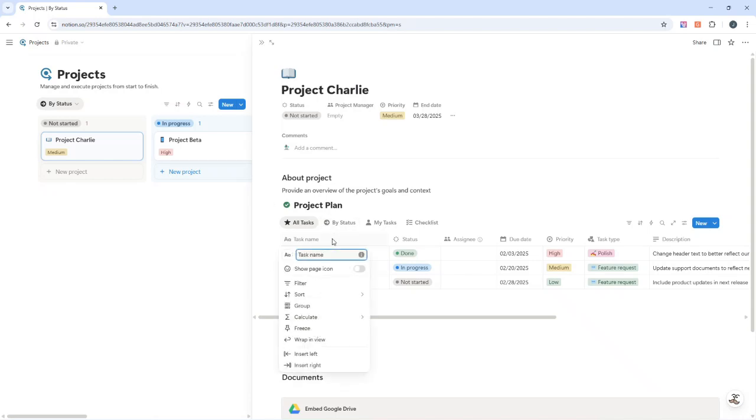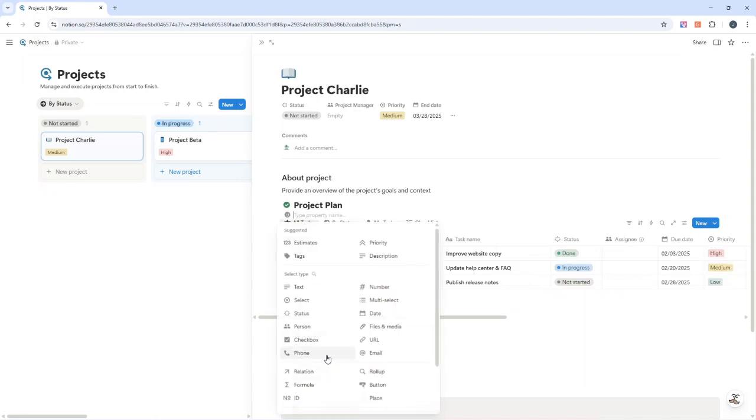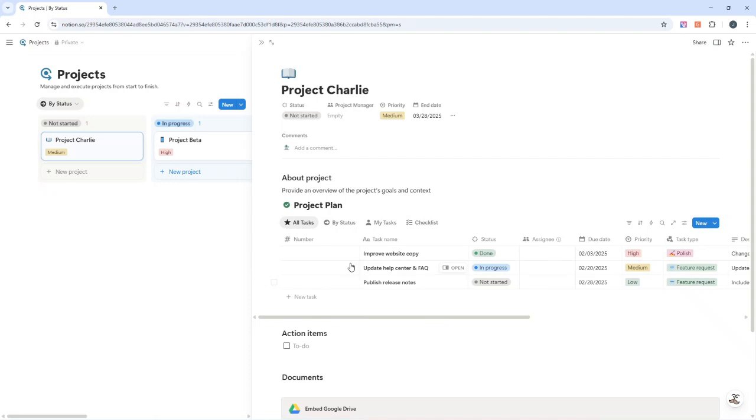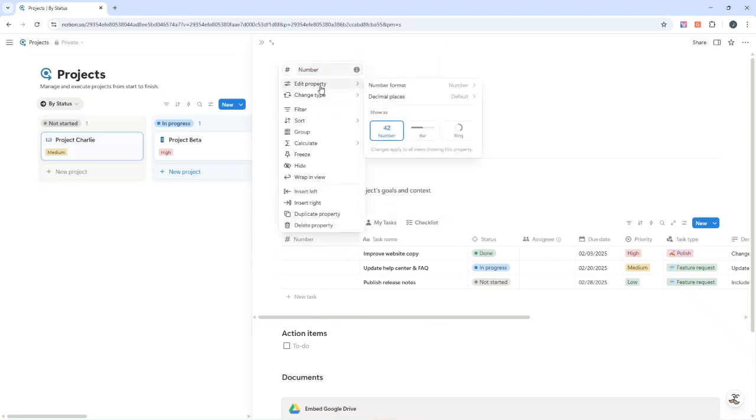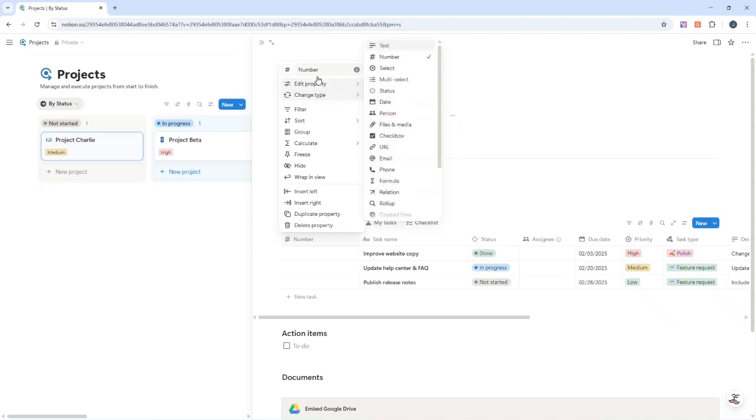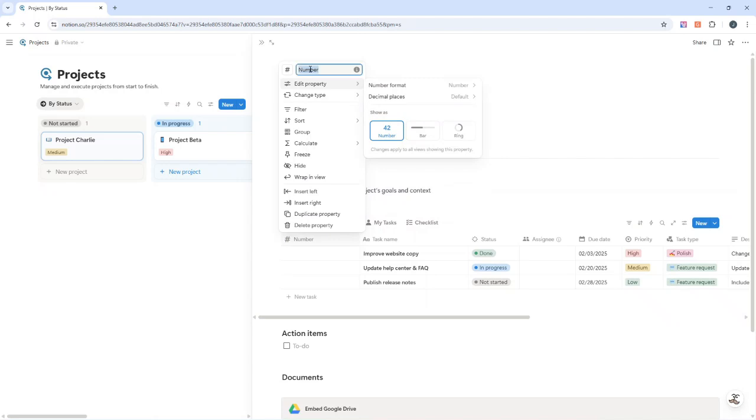So what I want to do here is, the first thing I'm going to do is right click on task name, and I'm going to select insert left. Now, what we're going to be doing here is choosing number. Now, if I double left click here, we want to rename this. I'm going to be calling this WBS number, or work breakdown